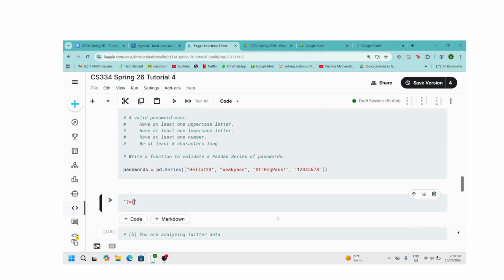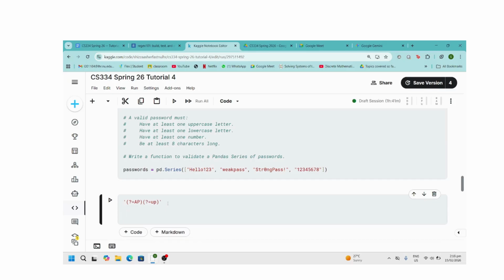For instance, if I do this thing, सो ये पूरी स्ट्रिंग में देखेगा कि कहीं पे भी एपी एग्जिस्ट करता हुआ मिल रहा है क्या इसको. इसका इम्पोर्टेंट यूज केस ये है इसेंशली. Hold on, sorry, this is gonna work for you. कि अगर मैंने इस तरह करना है यूपी, सो अब ये पूरी स्ट्रिंग में सर्च करेगा कि कहीं पे भी एपी एग्जिस्ट करता है और कहीं पे भी